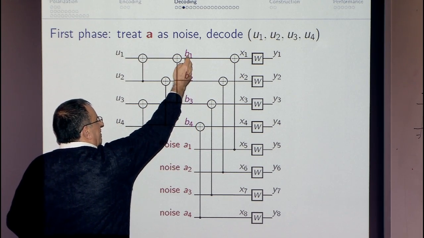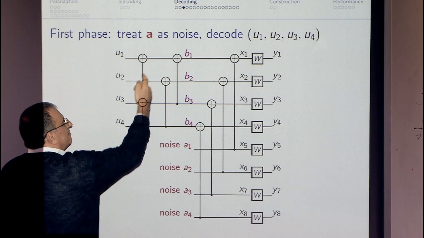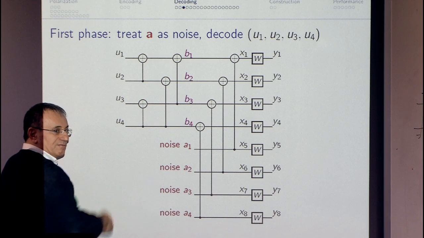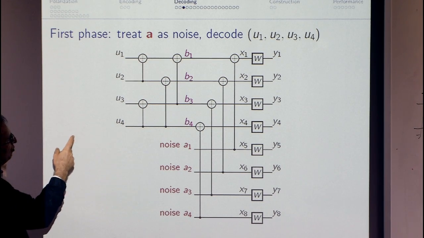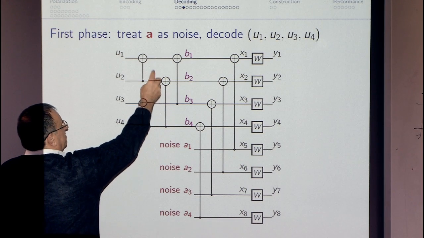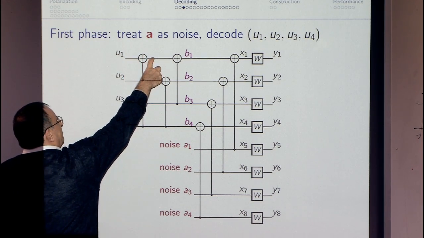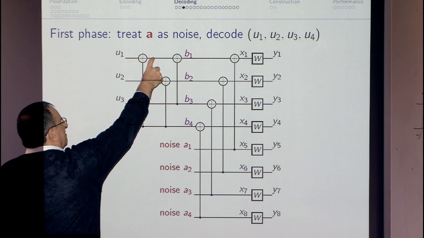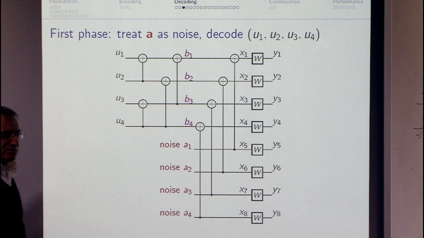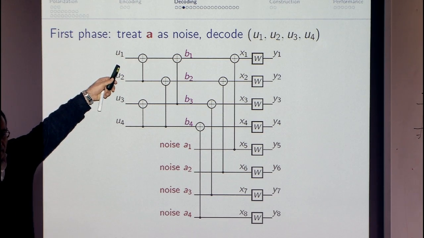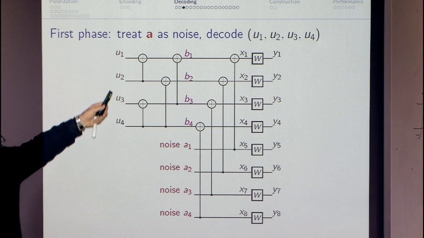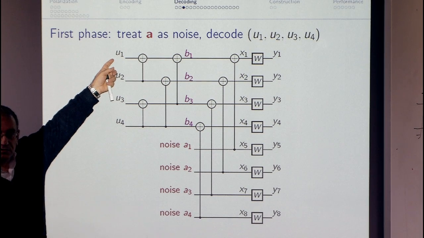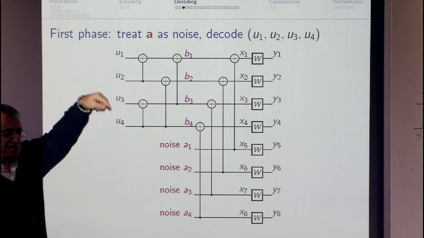So now we have likelihoods relating to these ones. Using these likelihoods, we compute likelihoods relating to these two, using the same logic. You notice the same recursive structure here. And then there is, in fact, one more level of similar U plus V structure here. And a likelihood ratio is computed for U1. And now U1, if it is a frozen bit, regardless of what we compute, we set it to the correct value.